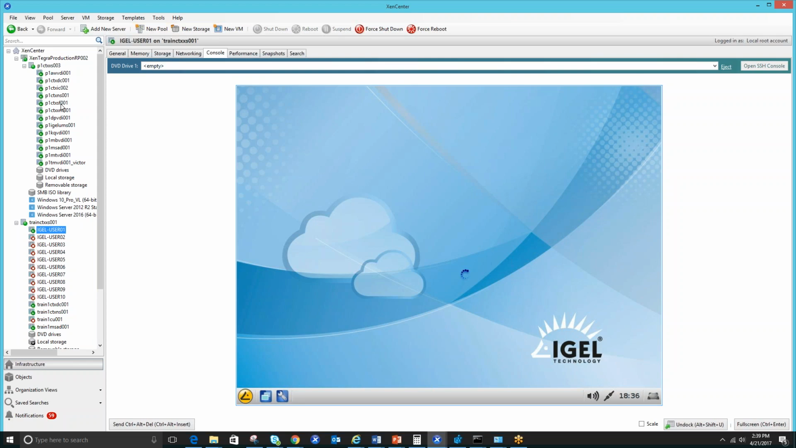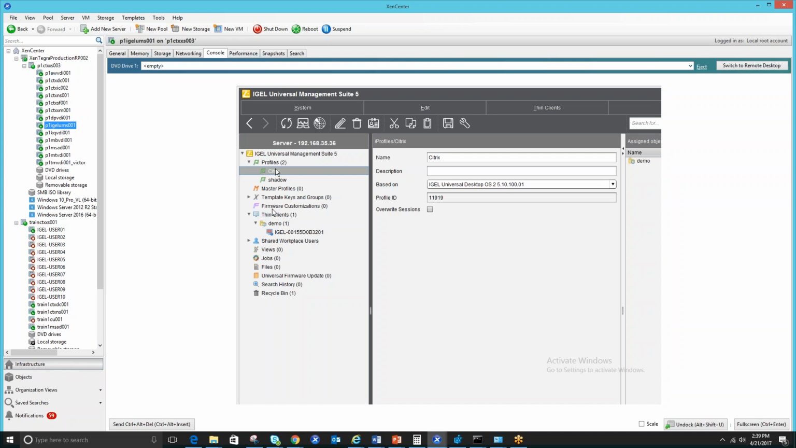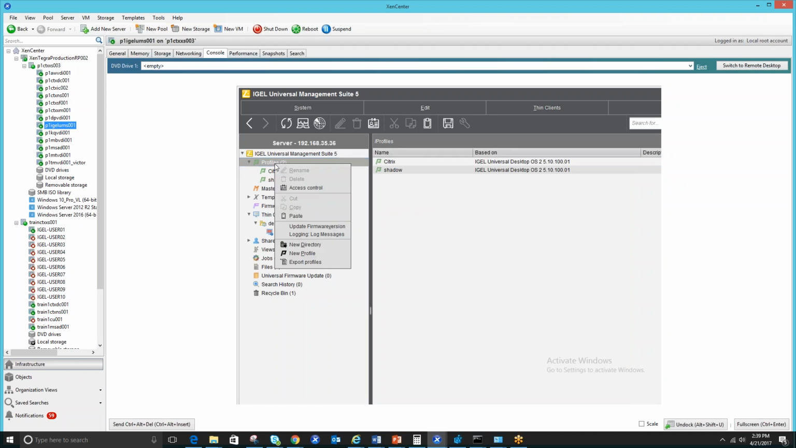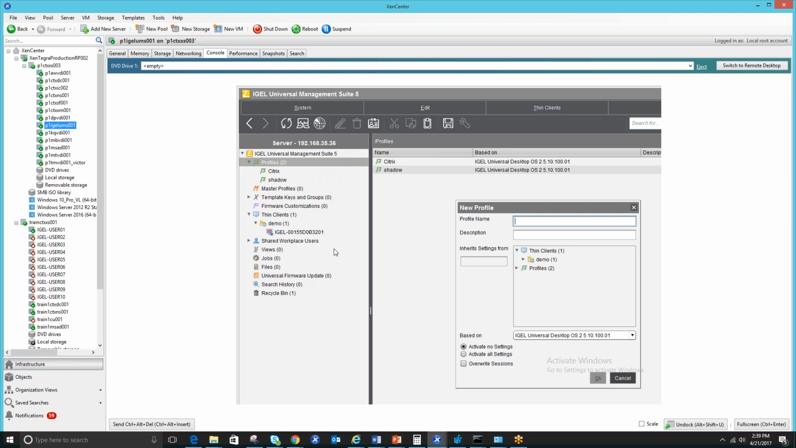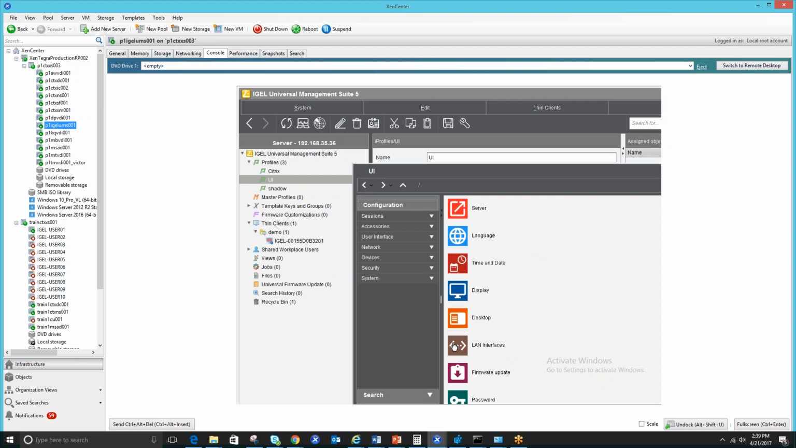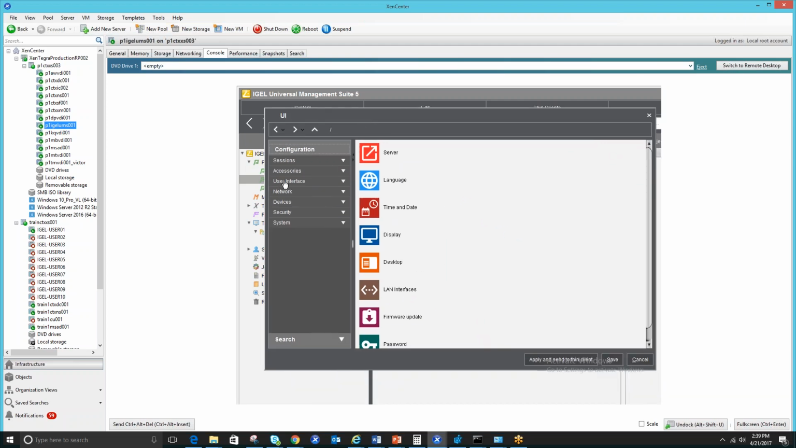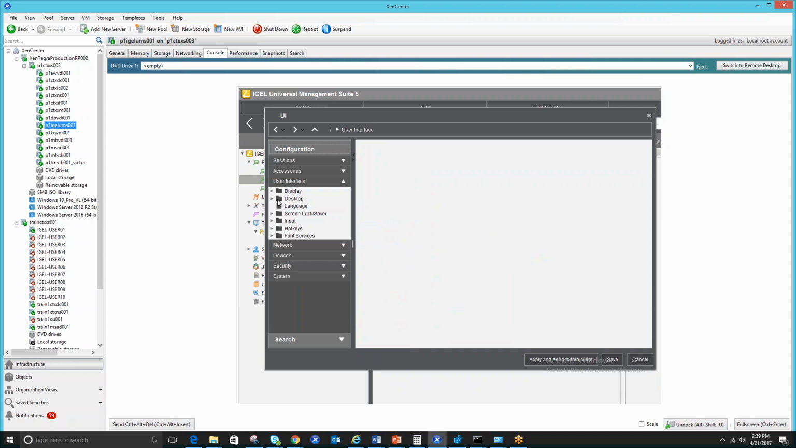So while that's rebooting, I can show you what the user experience looks like. Let's create yet another policy, another profile, and we'll just call this the UI profile. And we want to do those other things we did a while ago with the user interface. So let's, on the desktop here,